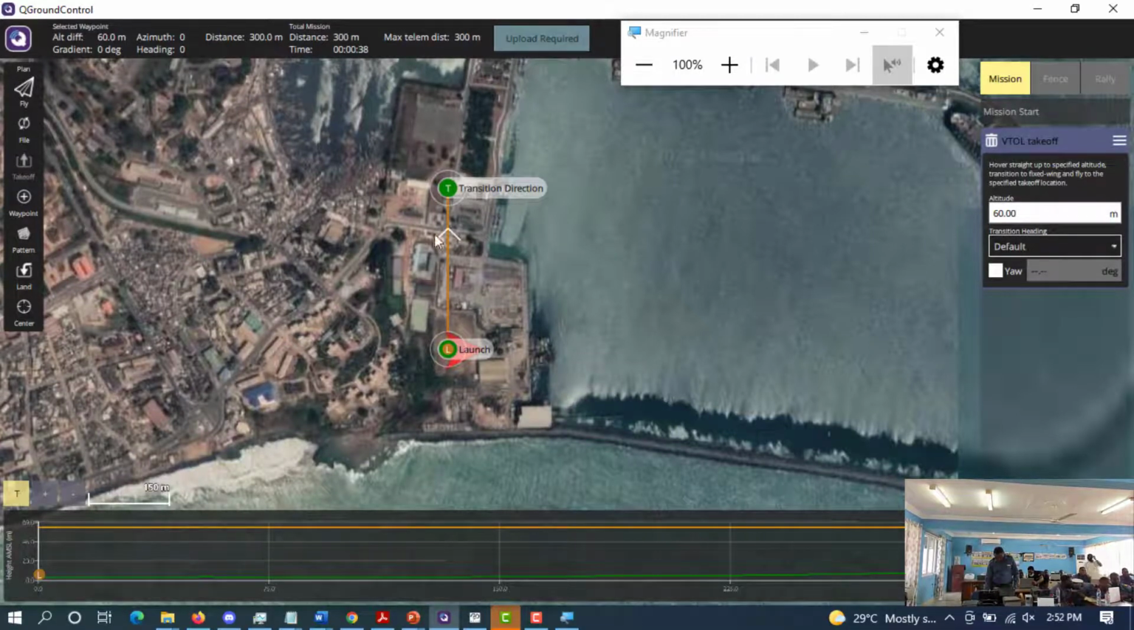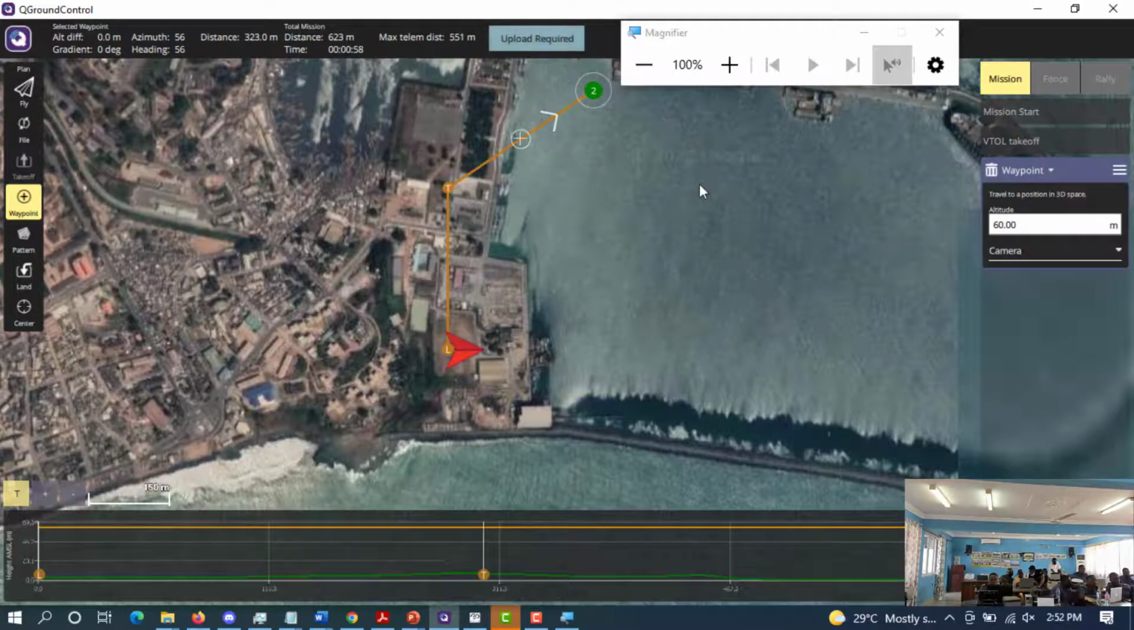Now, once I'm done with the transition, I'm assuming I have takeoff. I've got to the takeoff height. I'm doing the transition from the launch to my transition. So the next thing is to add my waypoints within the surveillance area or where I want to work. So I click on waypoint. When you click on it, it goes yellow, and then you start clicking anywhere on the map that you want to fly to. So I click here, here,